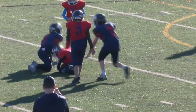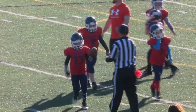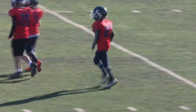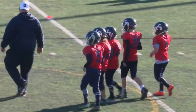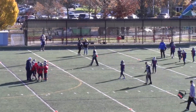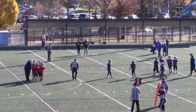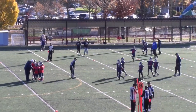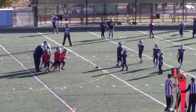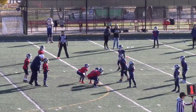Oh, ball pops free, and there we go. The Chilliwack Red team is able to jump on the ball. Number 23, William Terpstra, is able to get on top of that and get the ball back for his team. So a 20-8 game here, 8 minutes and 18 seconds left, and the Chilliwack Giants Red going to look to put some score on the board and make it a little bit tighter. A couple of holding plays negated a couple of touchdowns for the blue team there. And then the fumble here turns over the ball, and Chilliwack Red